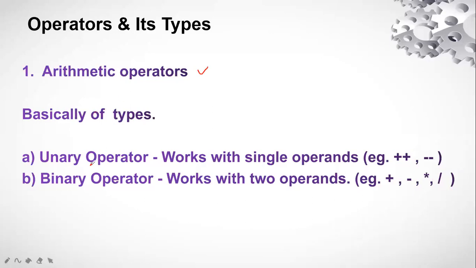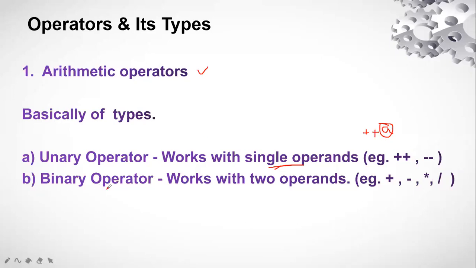Basically, this is of different types. It can be of two types, that is unary and binary operator. What are unary operators? These are the operators which are going to work on single operands. What does that mean? When I say single operand, that means it needs just a single operand and the operator. So if I write ++A, what does this mean? Increment in A. So A is the operand. I just need a single operand, right? So it is going to increment the value of A. So there are two things. There can be a pre-increment or post-increment that we all know.